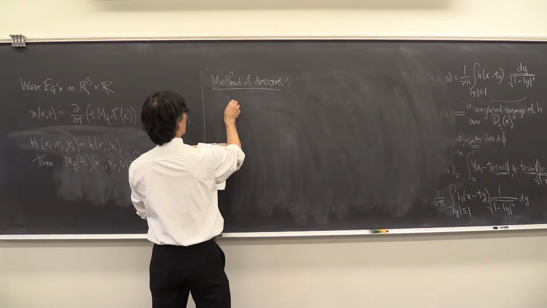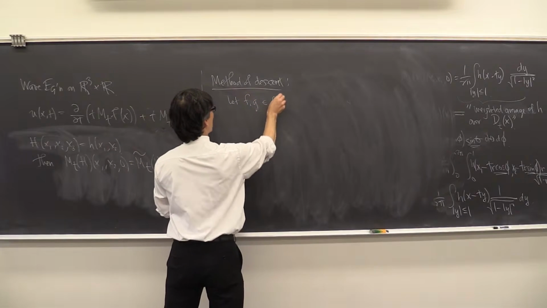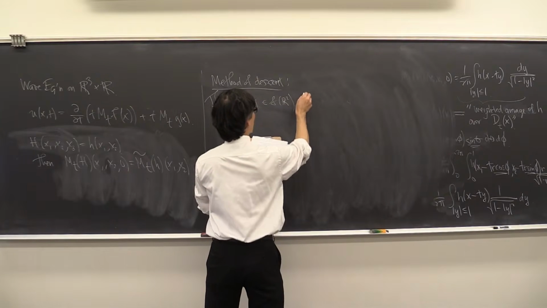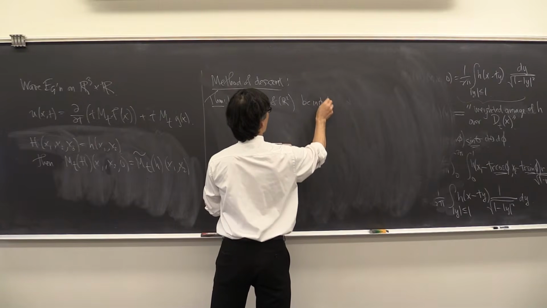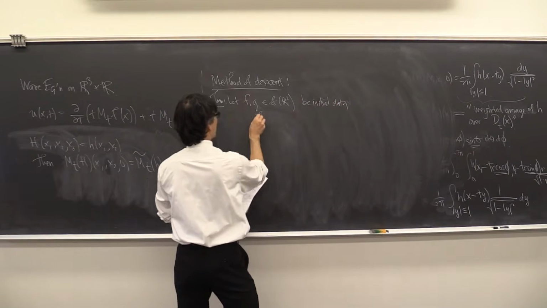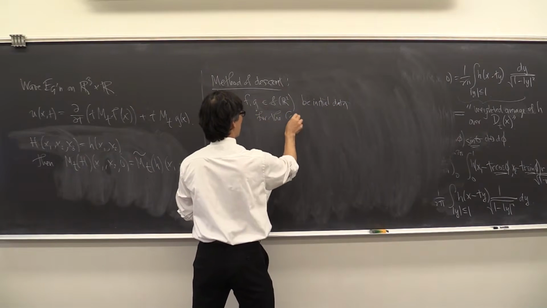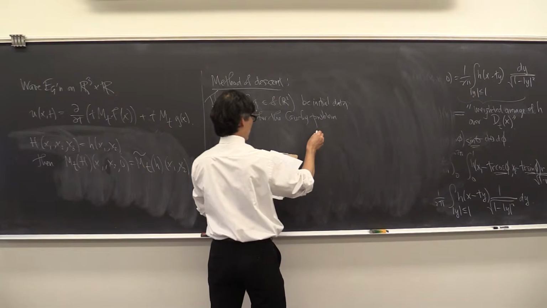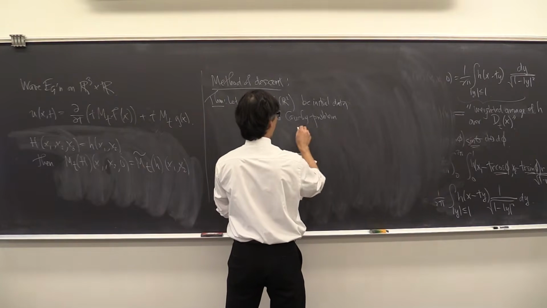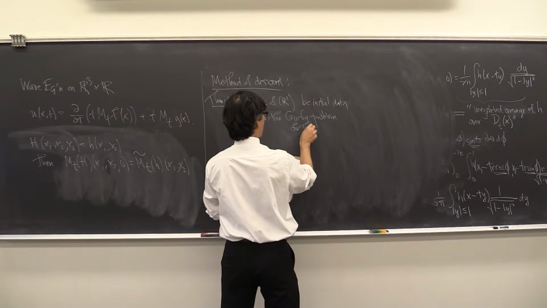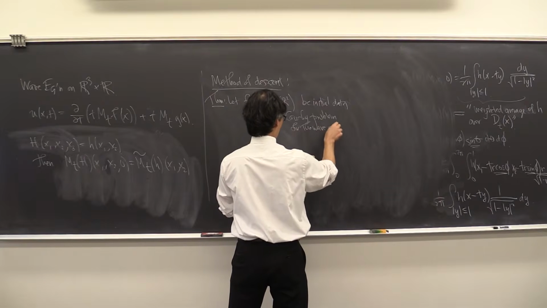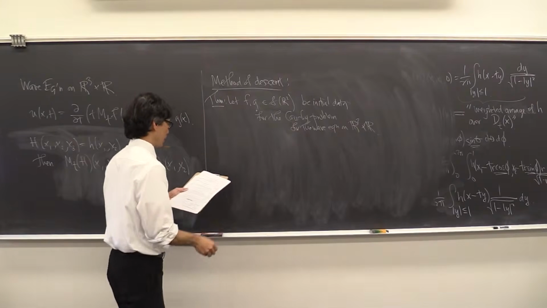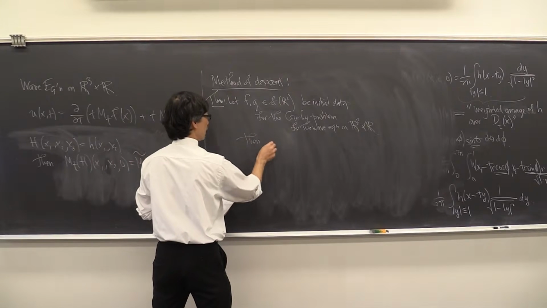So let f and g on R2 be the initial data for the Cauchy problem for the wave equation on R2 cross R. Then the solution